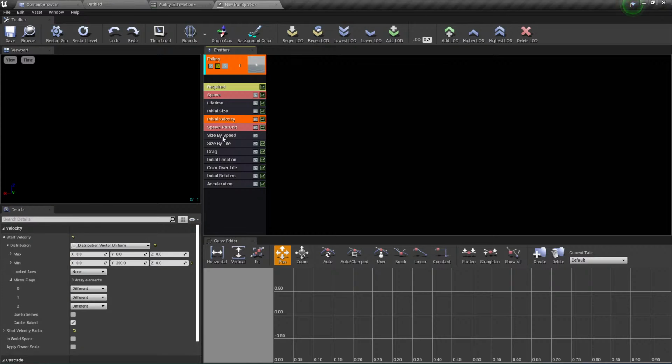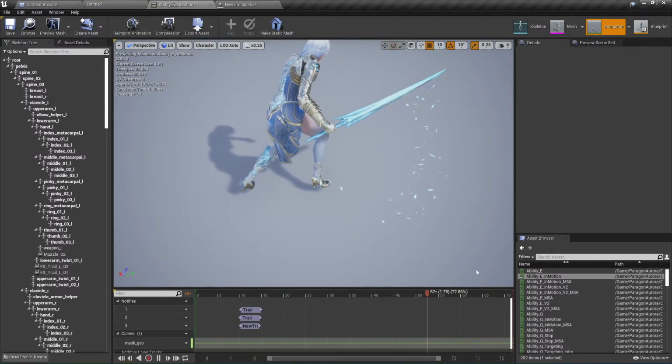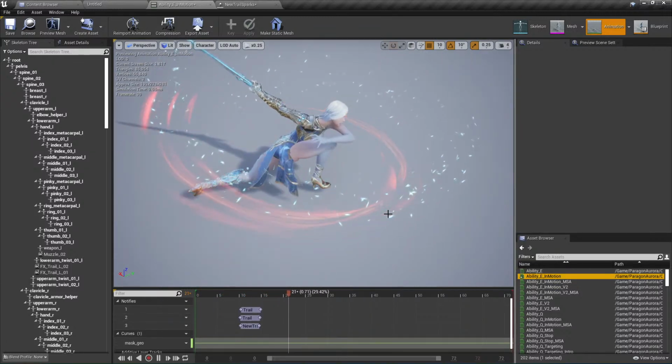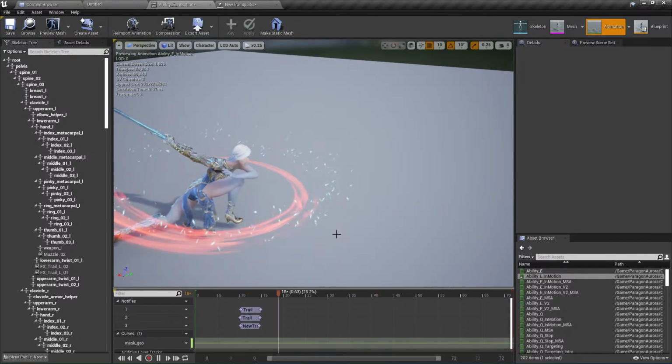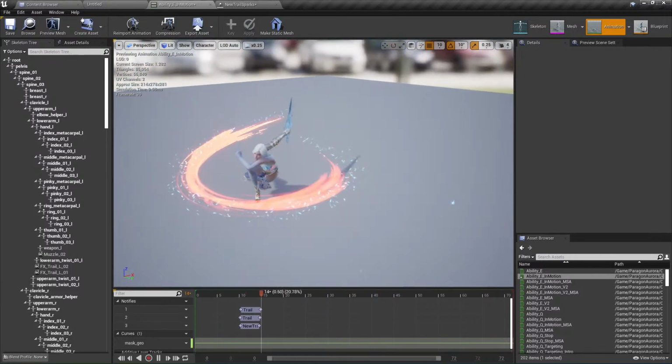So, initial velocity, sure, fine. Size by speed, doesn't matter. Is it the drag that is just slowing us down? Yeah, probably this is drag. Yeah. Well, I don't want them to fly up. Although it kind of looks nice, but